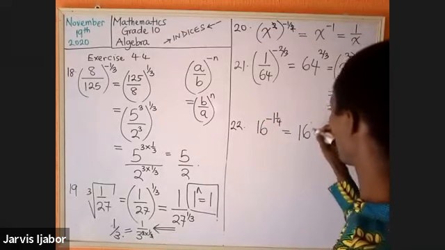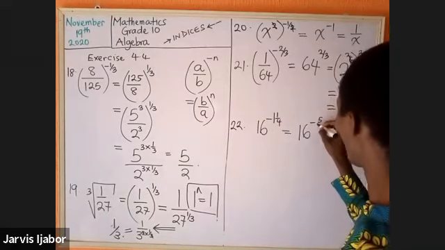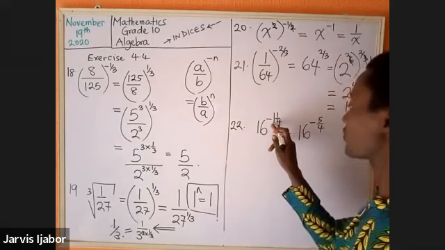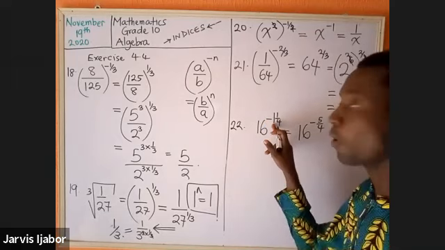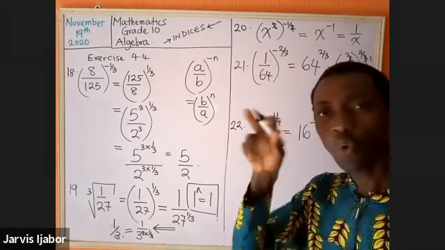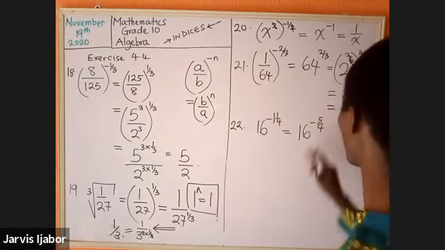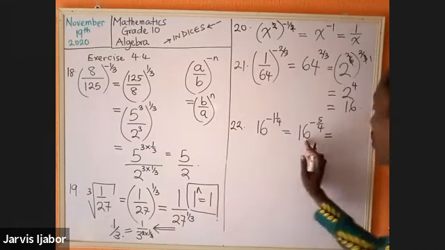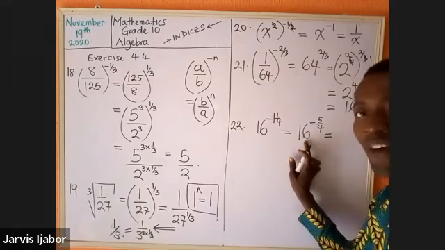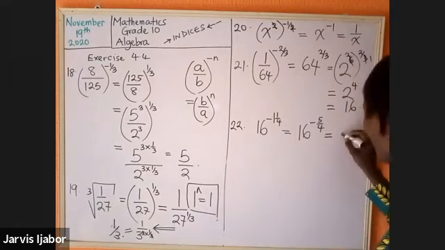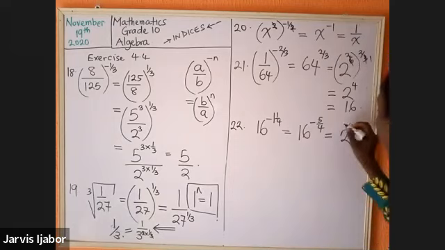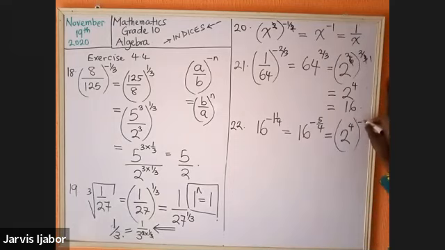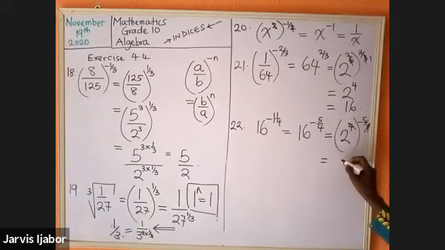That will give you 16 raised to the power of -5 over 4. 1 times 4, or 4 times 4 will give you 4 plus 1. That is 5 over what? 4. So at this point, what's the next thing you do? You look for the prime factor of 16, and that is 2 multiplied 4 times, everything raised to the power of -5 over 4. 4 will conveniently cancel 4, and you'll be left with 2 raised to the power of